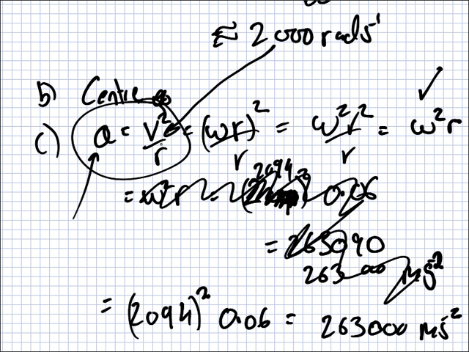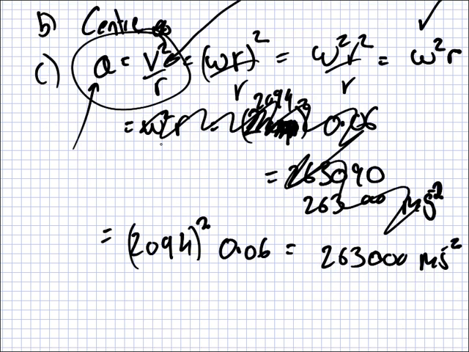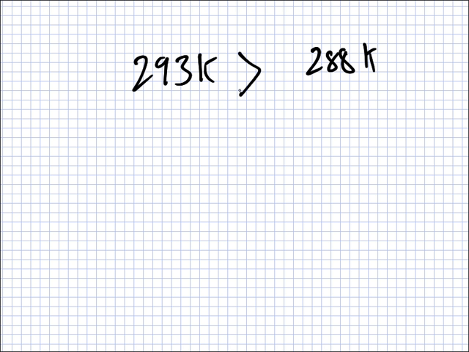Okay, Matt, number 3 looks like thermodynamics. Which is the greater temperature? 293 K or 15 Celsius. So you have to convert 15 Celsius into Kelvin. So if you add 273 and 15, 288. So obviously the first one is greater, which is fine. I think you all got that. Yep, good. Okay, what's the next part?